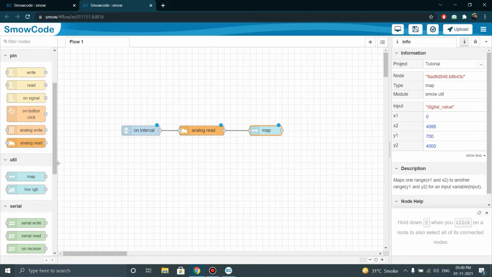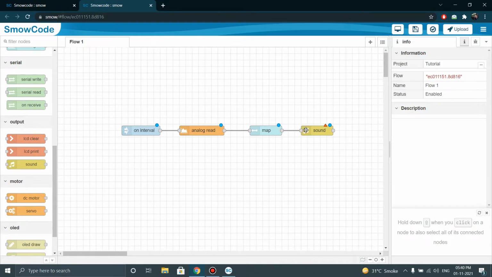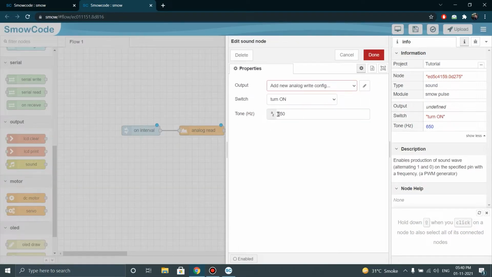Click done and take a sound node and connect it to the map node. In the sound node, click on the tone and select mapped, or type it out, to connect the output of the map node to the input of the sound node.